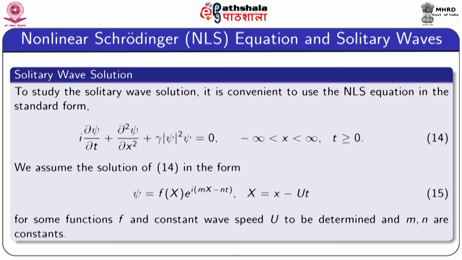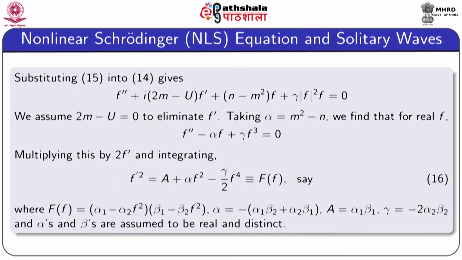That is why we have taken the solution in the form psi equals f(X) e to the power i(mx minus nt), where capital X equals small x minus U t, where U represents the wave speed, and m and n are some constants. We assume this type of solution, written in 15, and substitute it into equation 14